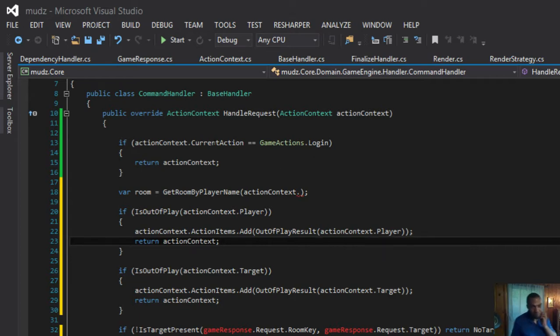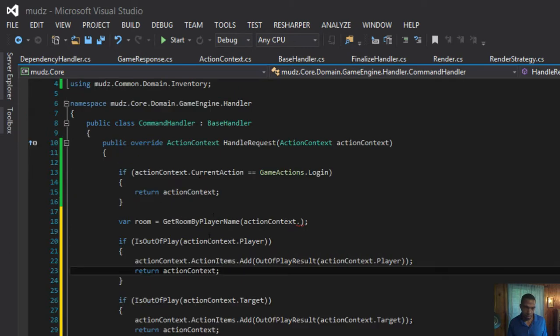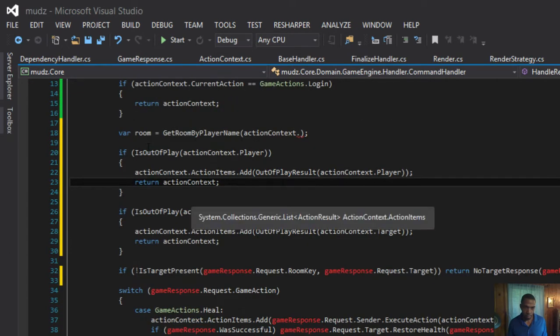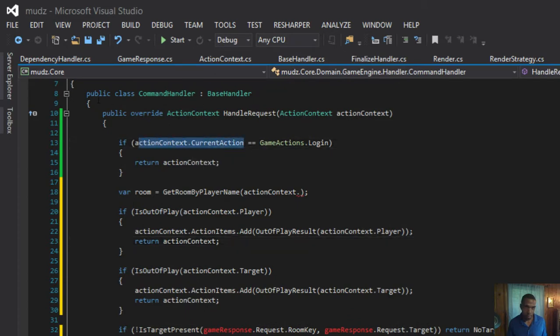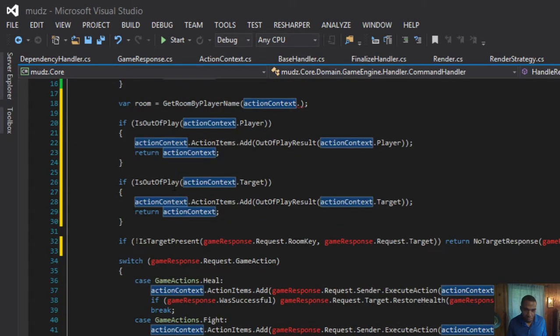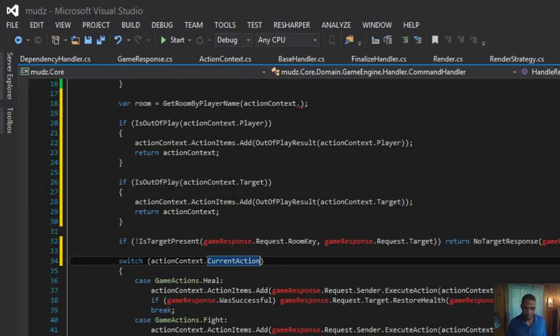Okay. Let's just go through. We're running out of time here, so let's go ahead and do some real fast refactoring.